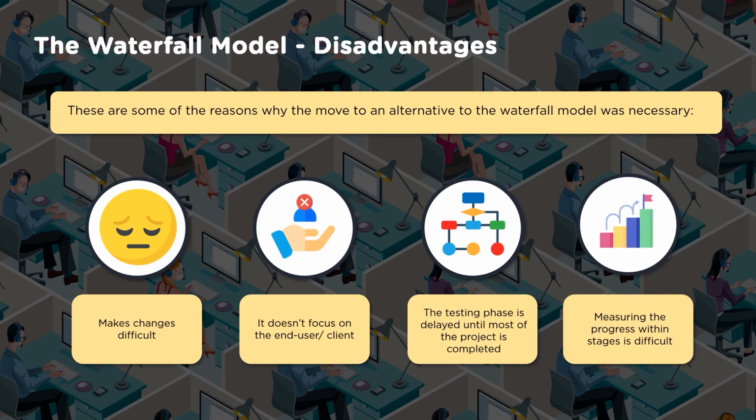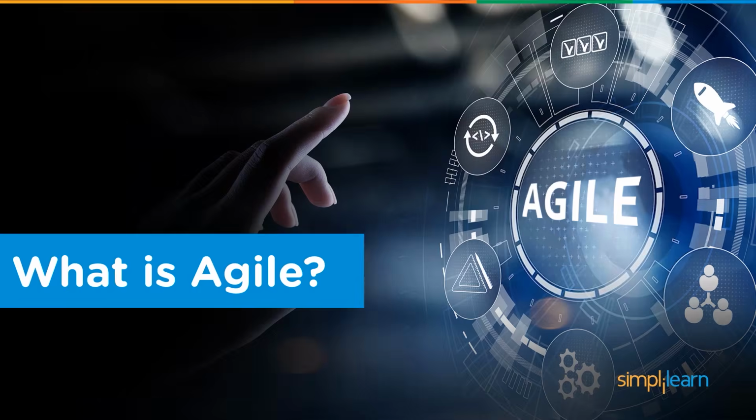Now let us look at how Agile is going to help us to address these disadvantages mentioned in the Waterfall model. So what is Agile? The basic meaning of Agile is to move faster, be flexible, respond to change, etc. But to accomplish this, there are a lot of methodologies. Now, there is something called the Agile Manifesto and 12 Principles of Agile, which we need to understand. Following this, accomplishing this can only help us in becoming Agile.